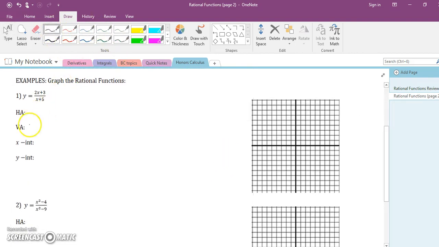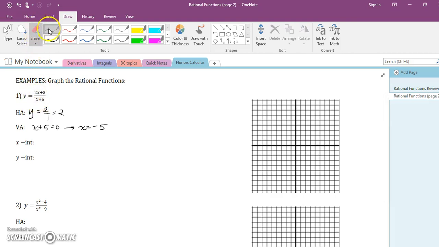I'm going to run through these relatively quickly because this is review for you. The degree is 1 on top, 1 on the bottom. It's the same, so I'm going to do the quotient of the leading coefficients. 2 over 1 is 2. For the vertical asymptote, I set my denominator equal to 0, and I solve for x. This implies that x is negative 5, because if I plug negative 5 into here, I would get 0 in